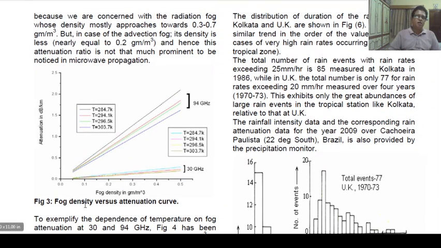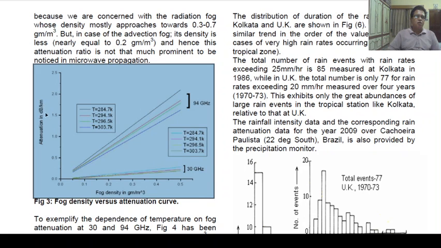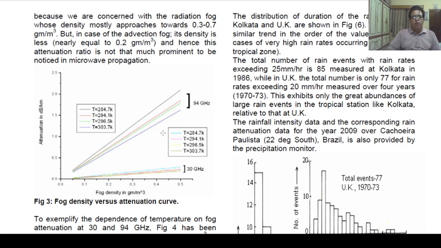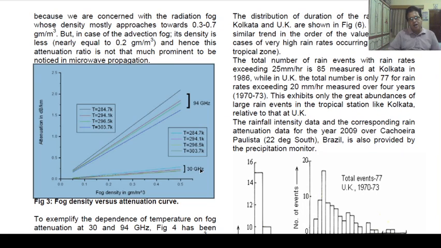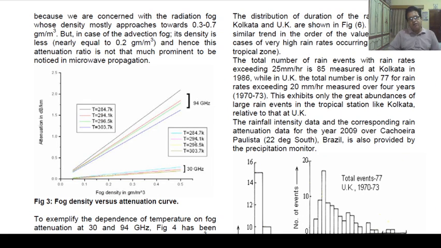This is figure 3. Figure 3, fog density versus attenuation curve. Fog density on the x-axis and attenuation on the y-axis, for 94 GHz frequency at different temperatures, and for 30 GHz at different temperatures, with temperature ranging from